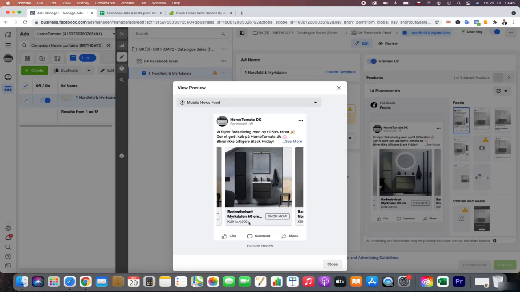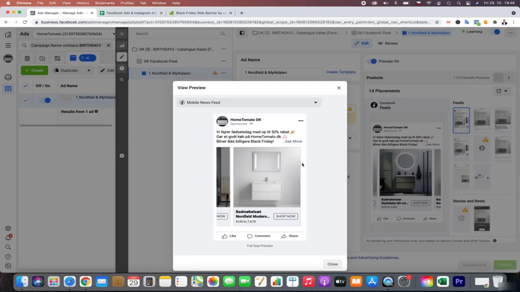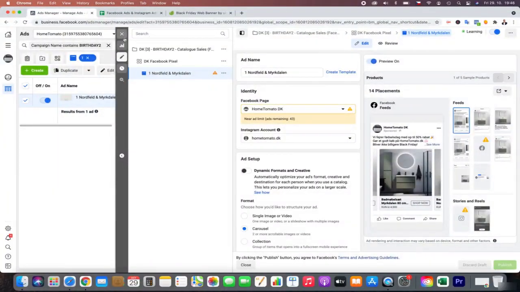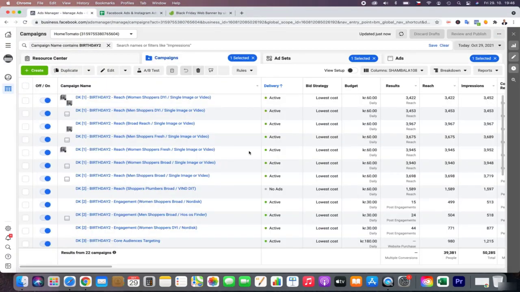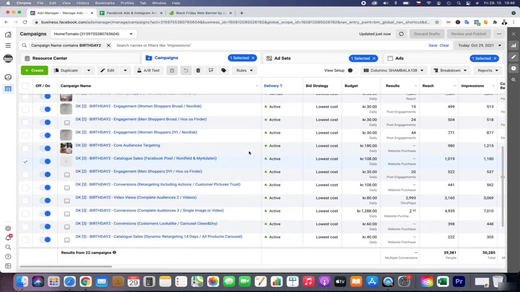This is basically a few-click setup, and if you have a connection like Shopify or another partner integration, it's very easy to do.